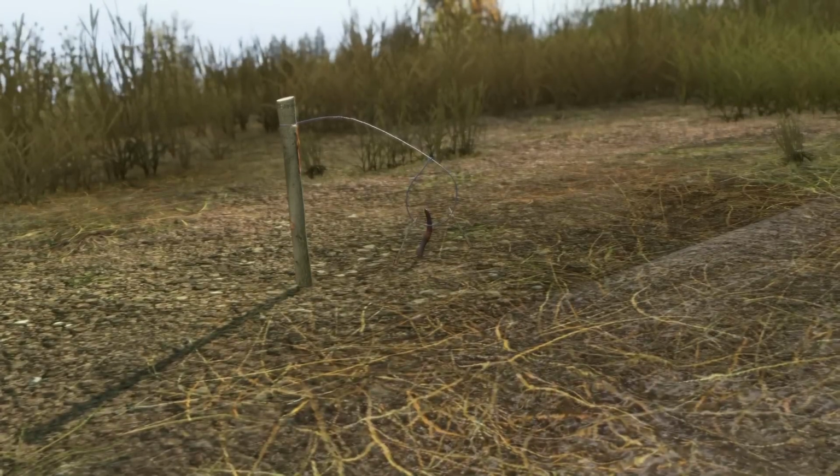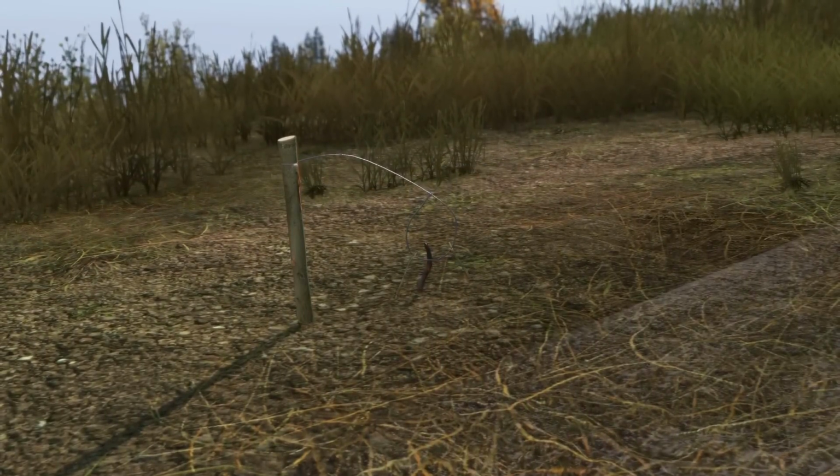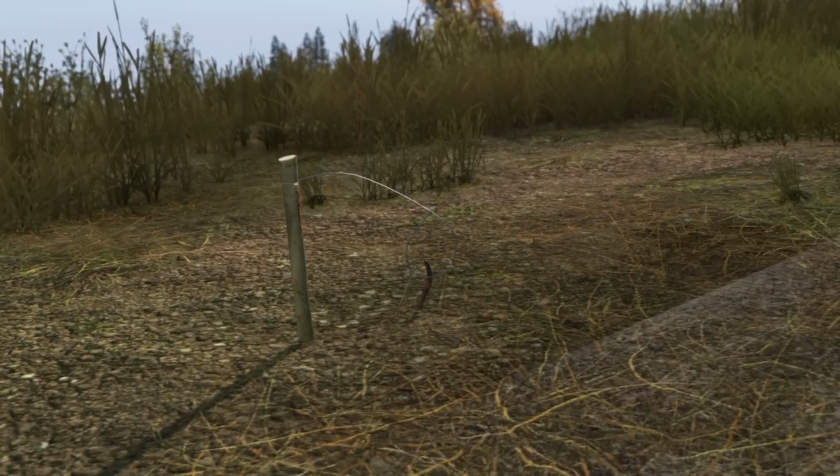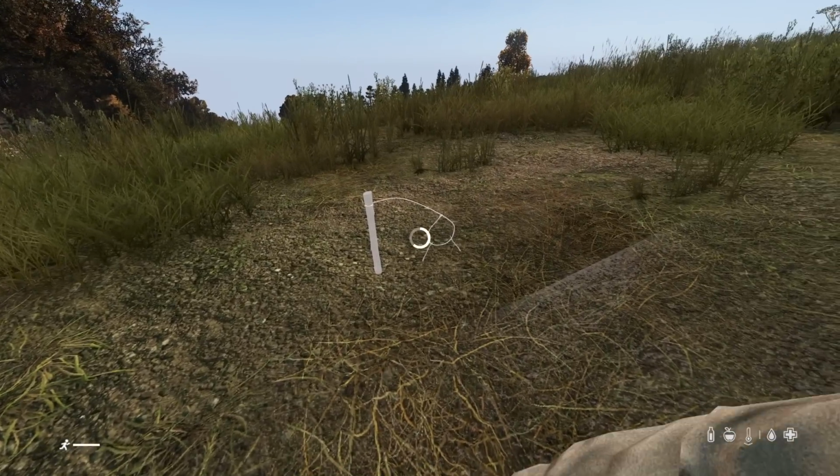Snares have received a buff with an increased chance of catching animals via the trap. Now it should require less time to catch an animal. In addition, traps will take less damage on a catch, meaning you can reuse them for longer. So if you do happen to be in the area for a while, it may now be worth setting up